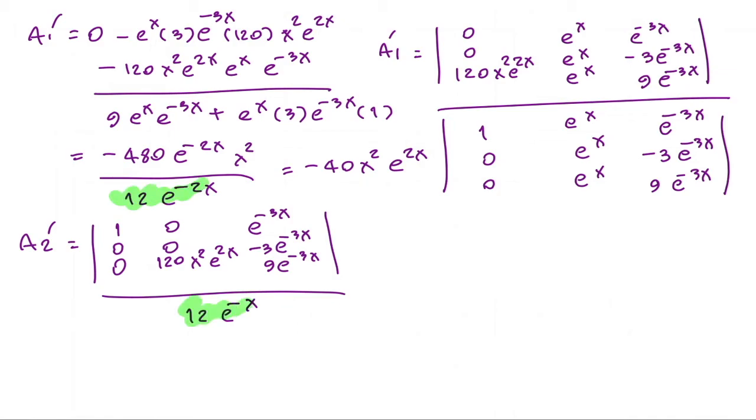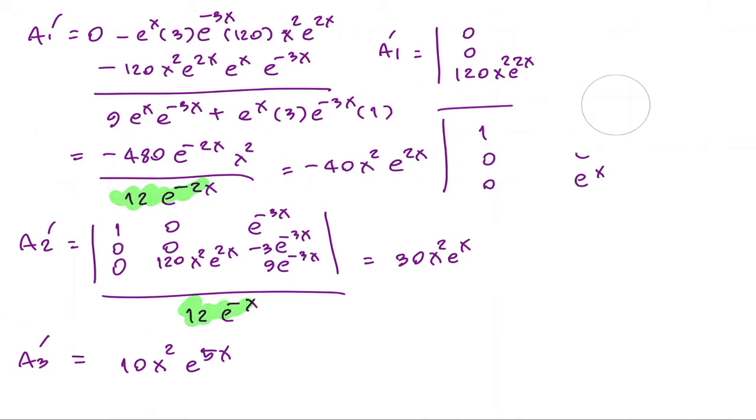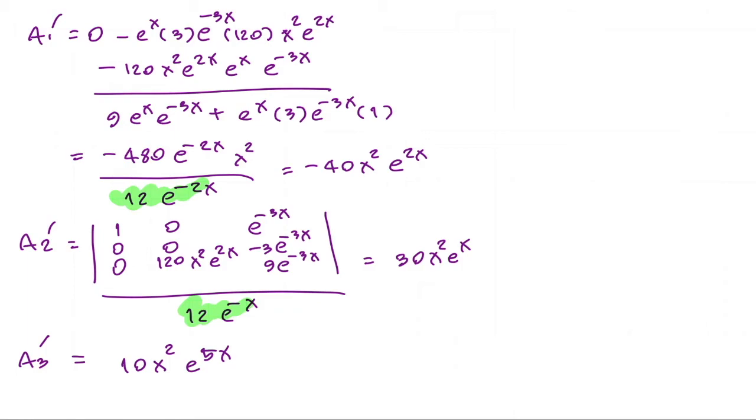Okay, and guys, I'm not going to be computing it, okay? I'll just give you the value, which is 30x squared e to the x. Okay, and a3 prime is, I'll give you the value, which is 10x squared e to the 5x. Okay, I'll delete this out. So we know that